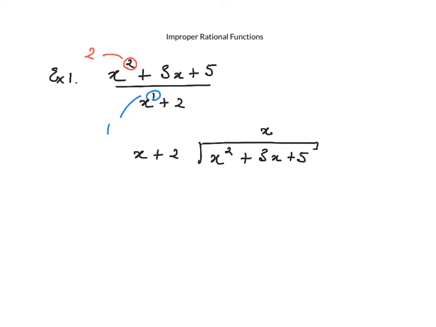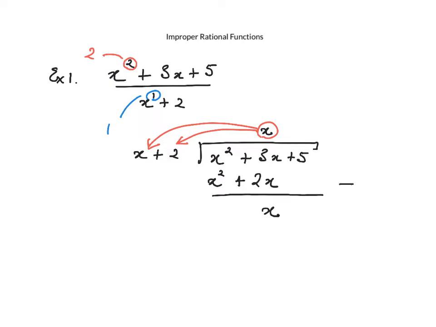So this x times x gives me x squared. X times 2 gives me 2x. Subtract. So x squared take away x squared is 0. 3x take away 2x is 1x. 5 take away 0 is 5. Now,